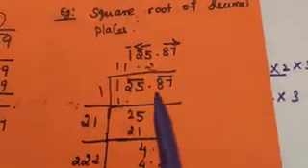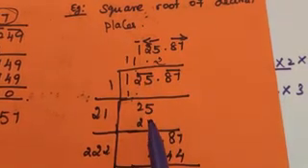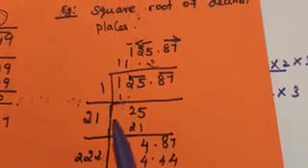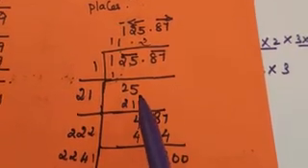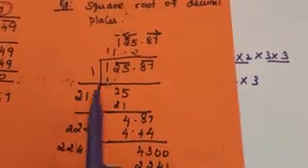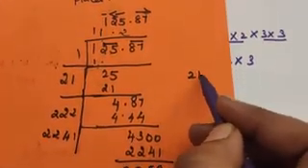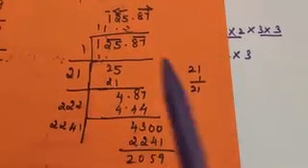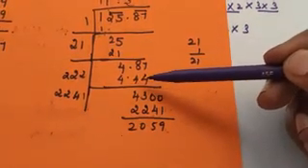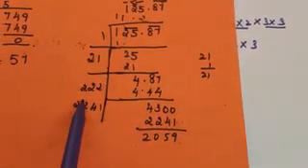So under 1, the square number is 1 only. So 1 1s are 1, and the next pair comes down, 25, and this 1 will be multiplied by 2, so it is 2, and with 2, under 25 the square number is, under 25 nothing is there, so 21. So 1 multiplied with 2 1, 21. So 21 is the value. 25 minus 21, 4 is the answer. Then the next pair comes down, 87. Now this 11 will be multiplied by 2. So 11 into 2 is 22.